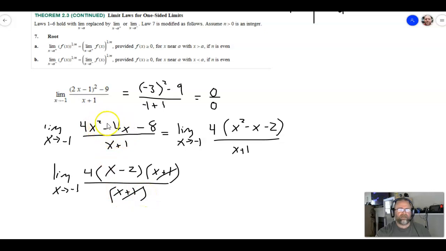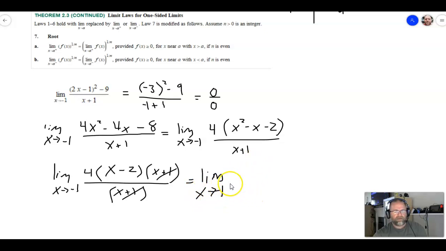So this equation here is equivalent to this equation there, except at the singular point of x equals -1, because in this equation here we're going to have a hole at x equals -1, but in this equation here we don't. But remember, limits don't care about holes. They just care about what y value we're approaching from both sides. So now, remember this is a polynomial too, so now if I put the -1 in there, this is going to be the limit as x approaches